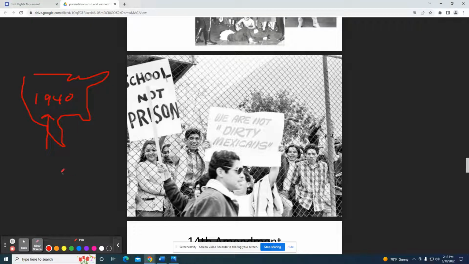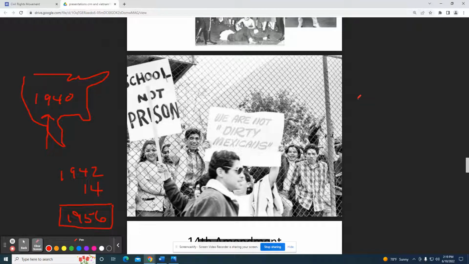So if you're here in 1942 and then you have a child, and let's say now that child is 14, that would mean by 1956, they're going through the educational system in the 50s as a high school student. And so the question here is whether or not they have to adapt. This is going to lead to the bilingual ed movement. And the bilingual ed is going to be about requiring classes to be